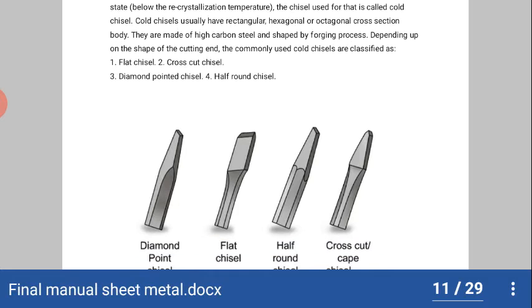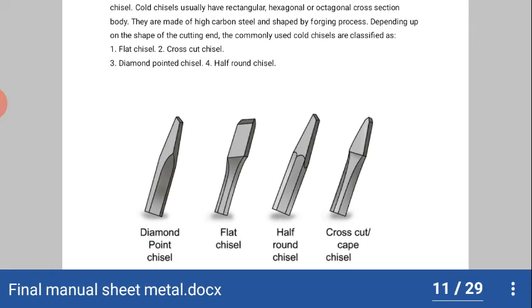Next are chisels. Students, chisels are used for cutting sheets. These are specified by their cutting edge, like diamond point chisel, flat chisel, half round chisel, cross cut or cape chisel.